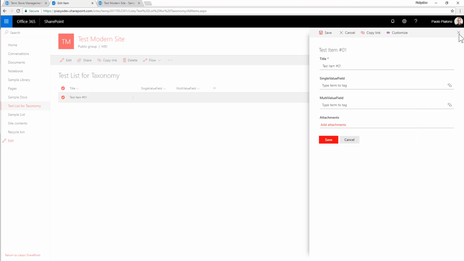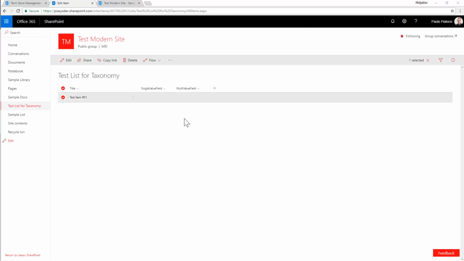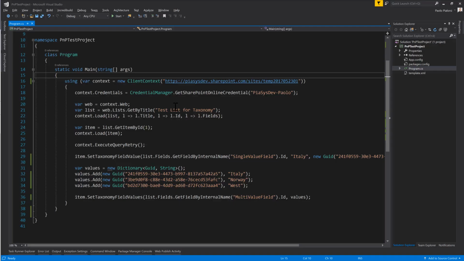So instead of using the web UI of SharePoint to set these fields, I will switch to the source code of a sample application that I have, in which I simply have a reference to the target list that I want to feed, and I get the item that I have in target. I execute the query using CSOM, and I then use the set taxonomy field value, which is one of the methods I was telling you about, and this method wants to have the GUID of the target taxonomy field, as well as the label and the GUID of the term that you want to use to set the single value